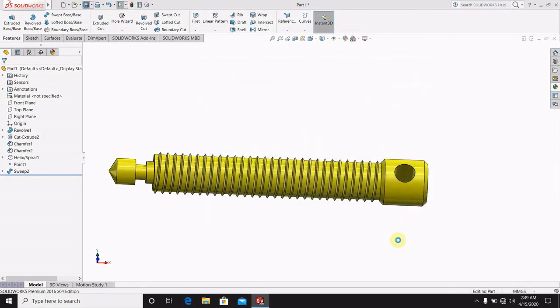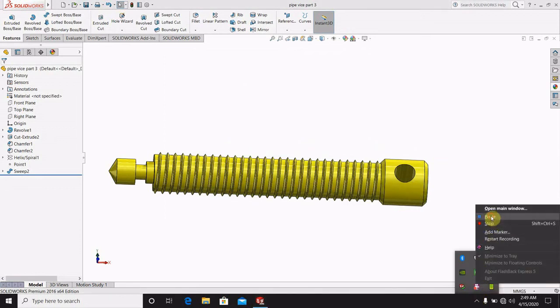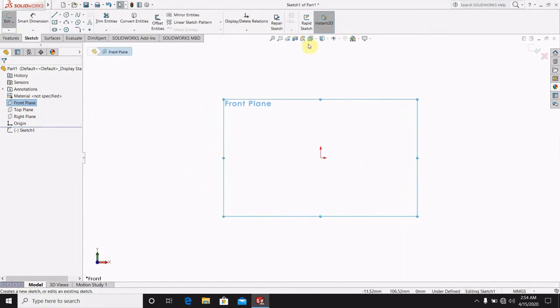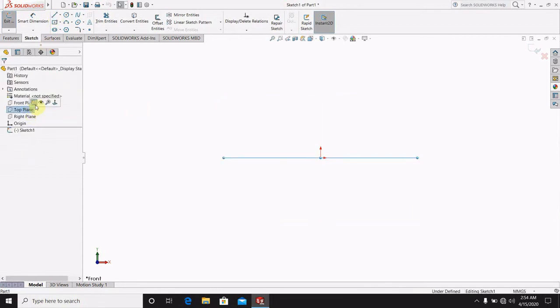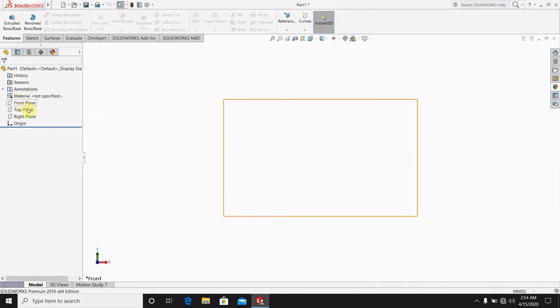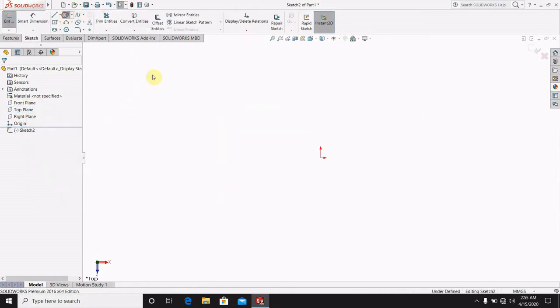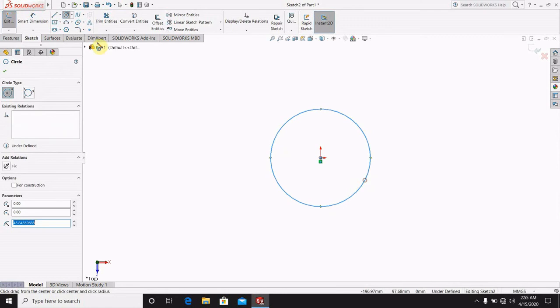This is going to be the third part. We are just going to make the fourth part. Just make it in the top plane, perpendicular top plane, make it a sketch. There is a circle that is